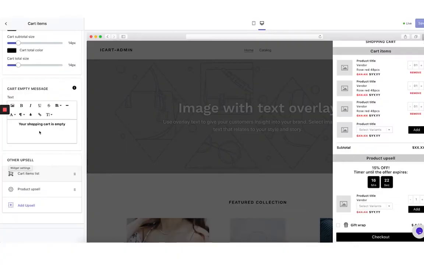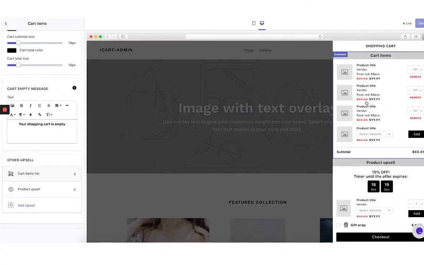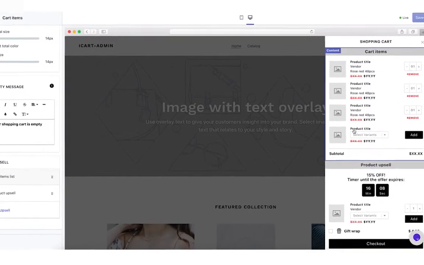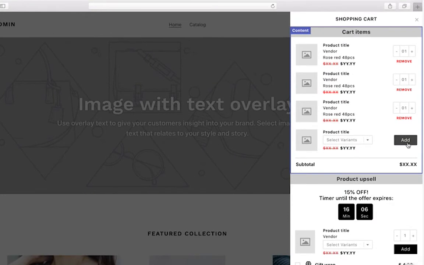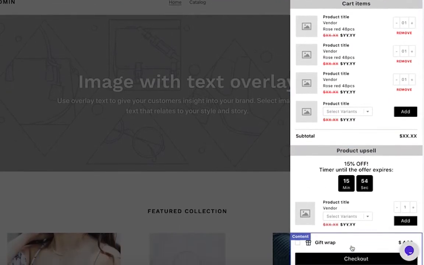So for example, if you look at the default cart, you will see the products that the customer has already added to the cart, and I can edit what the customer sees, the color, the options that he has here. But you can also see here a product that is not yet added to the cart with an add button. This product comes from an upsell that is attached to the cart items. You can see something very similar in the checkout button. We have here a checkbox upsell, a gift wrap option,